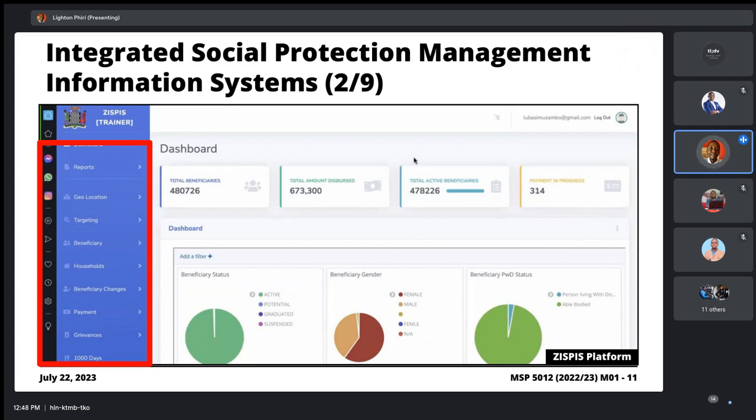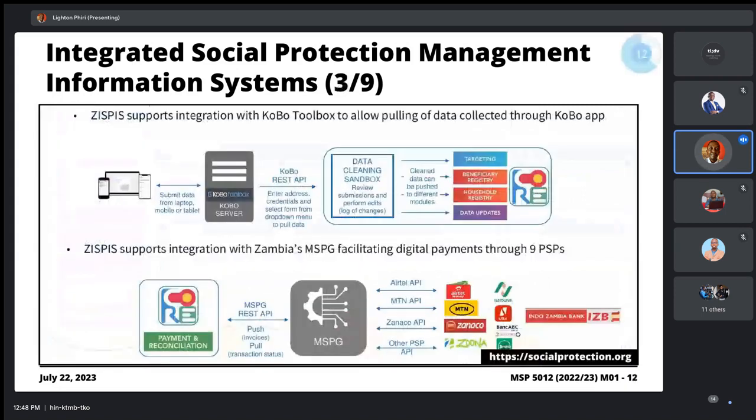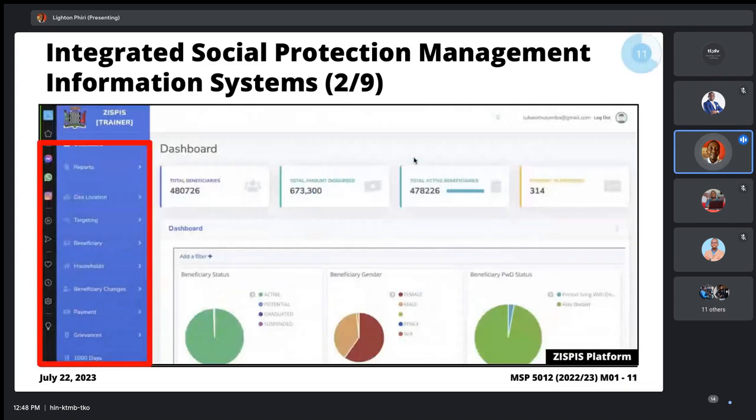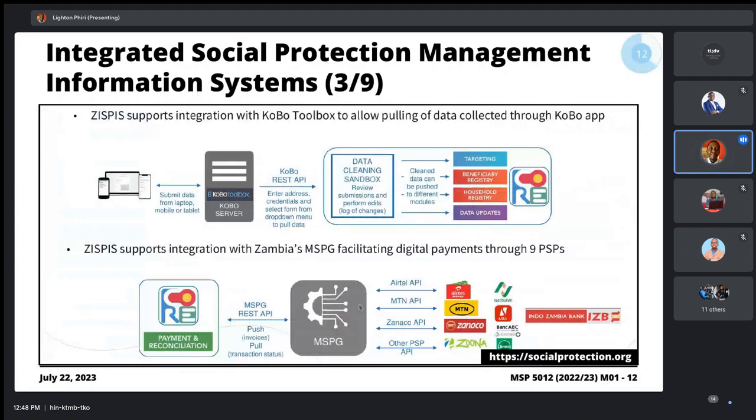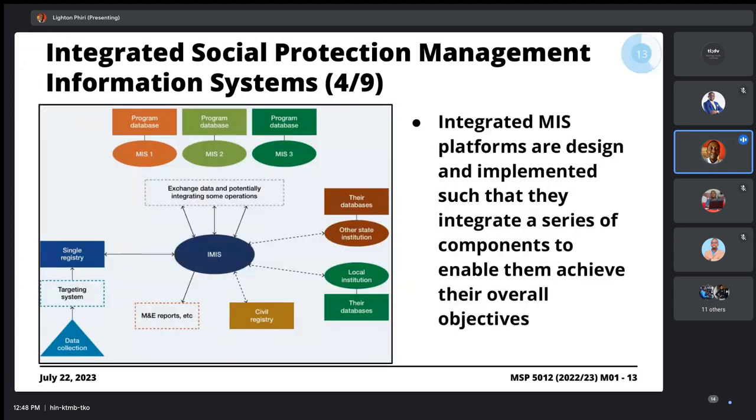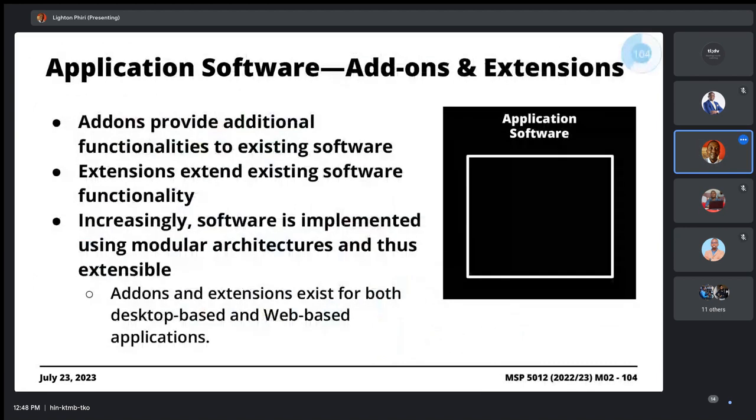One of the ways of customizing that piece of software is to develop so-called plugins. So maybe, for instance, in Zambia, you may want to integrate this software as a service with Zoona. But Zoona may not be there in Malawi. I don't know if it's there. Or Zoona may not be there in Angola or Mozambique. So what do you do? Well, you can build a plugin. All right? You can build a plugin to be able to facilitate that.